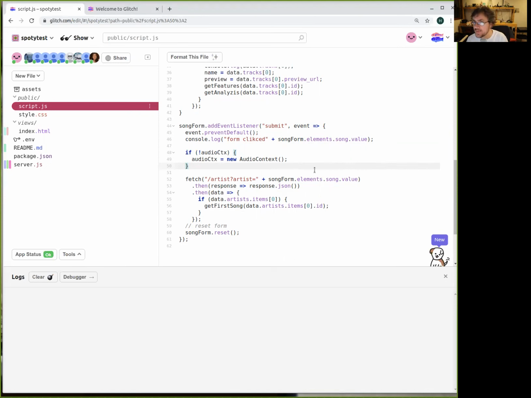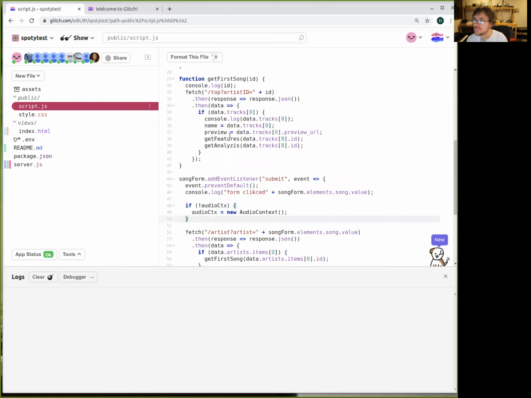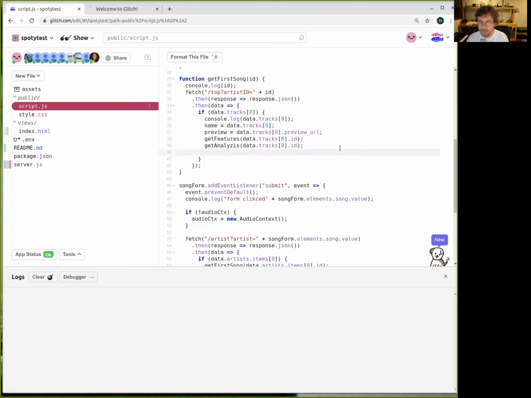Once we have the URL, the preview, and we get the analysis, I'm also going to send the play sound. If there is preview, then play sound.